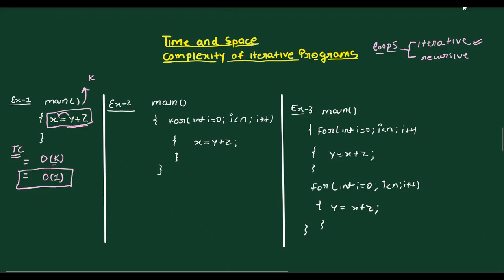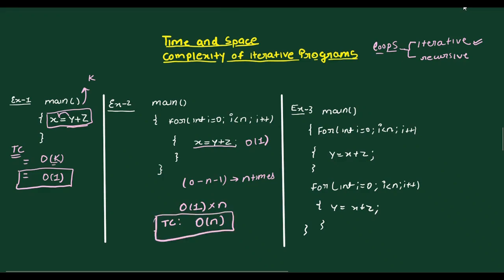Let us look at the second question. In the second question, there is a loop which is running from 0 to n minus 1, which is a total of n times, right? And inside the loop, we are performing a constant time operation, which is order of 1. So basically this order of 1 operation is carried out n number of times. So the overall time complexity of the algorithm is big O of n.